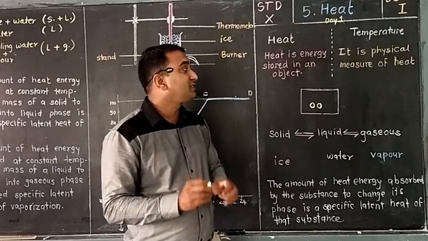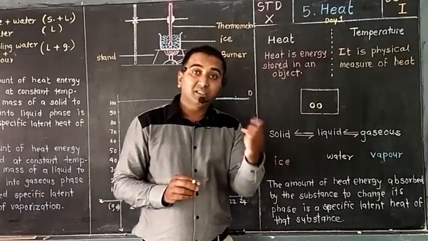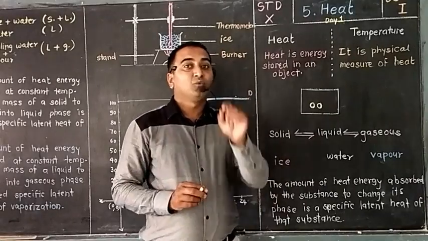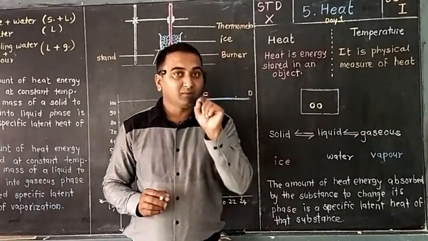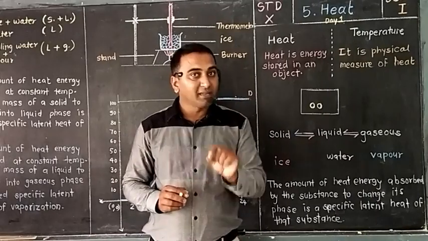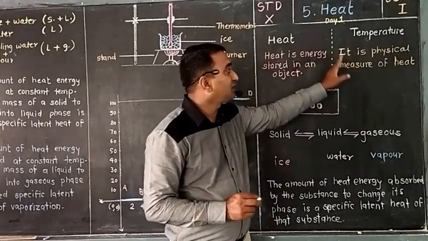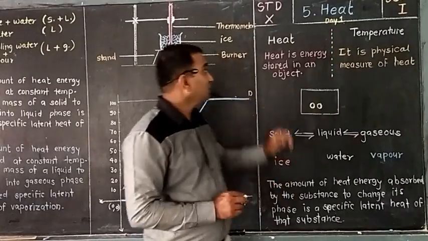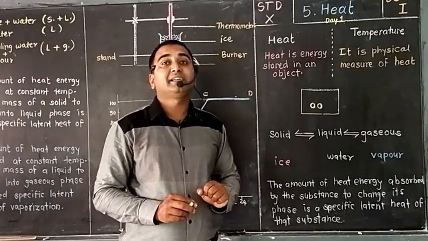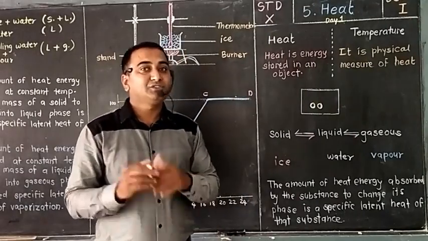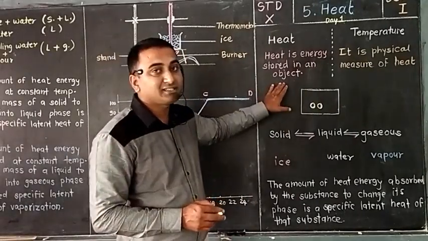That is, temperature is a physical measure of heat. How much heat is there, we can't get only by touching the object. We want to know in numbers how much heat that object contains, and so temperature, with the help of a thermometer, we are using this. So how is heat measured? Heat is measured in calories or joules. SI unit joules, then calorie in the Celsius system.